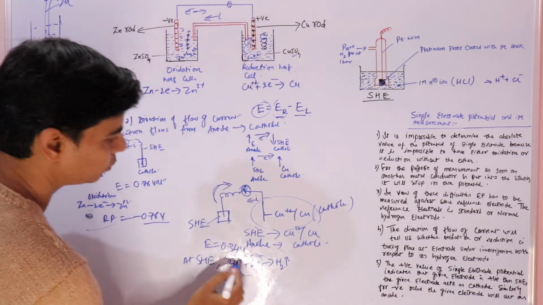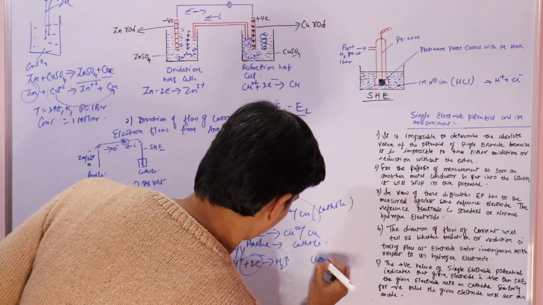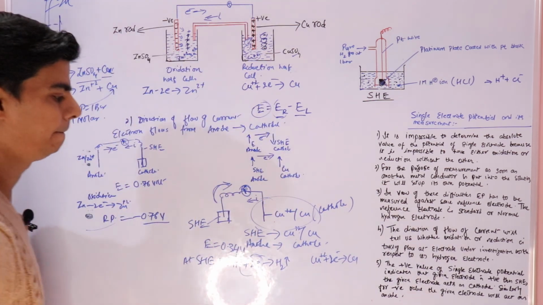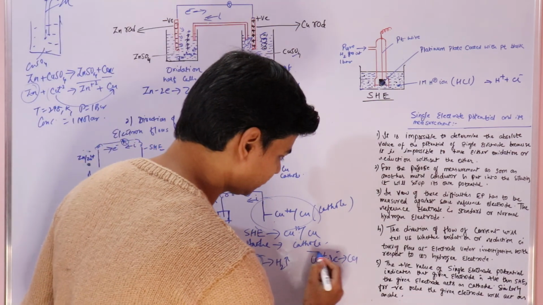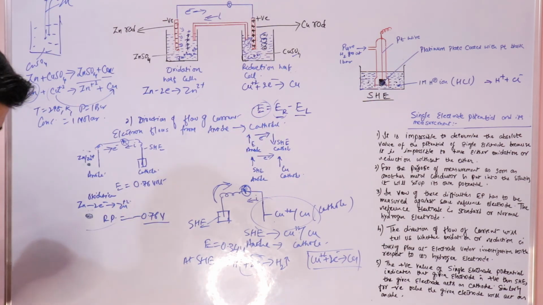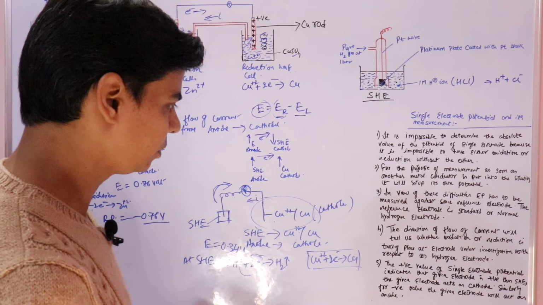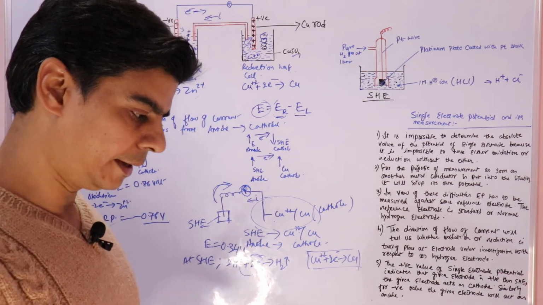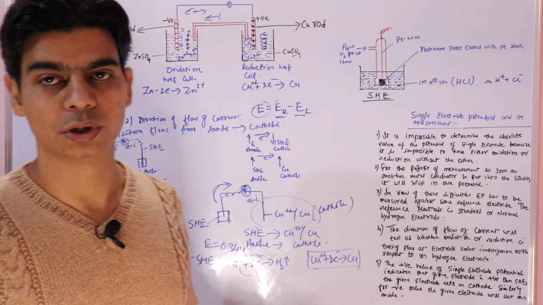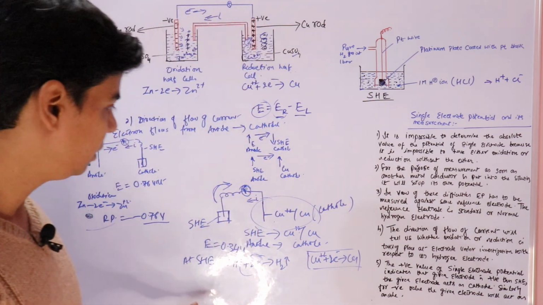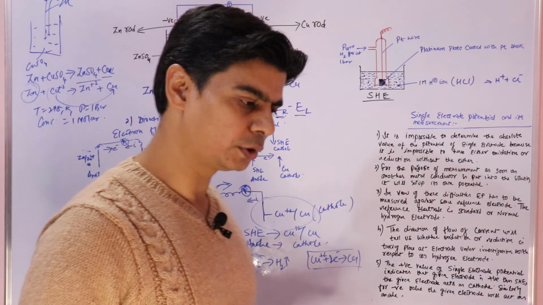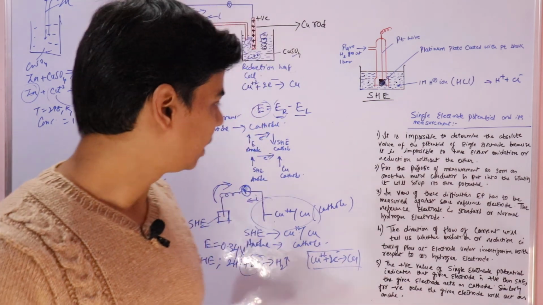These 2 electrons will move to the copper electrode, and copper ions will gain these electrons to form copper metal, right? So this is the concept of calculating the standard electrode potential of a single electrode using the standard hydrogen electrode, right? What we are basically doing is, to calculate the standard electrode potential of any electrode, we couple it with